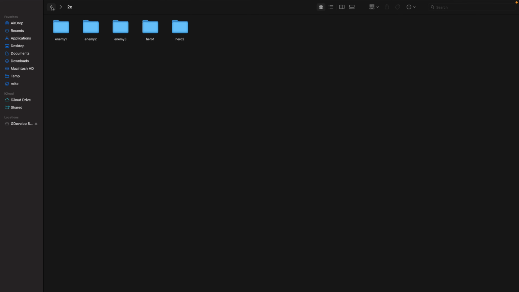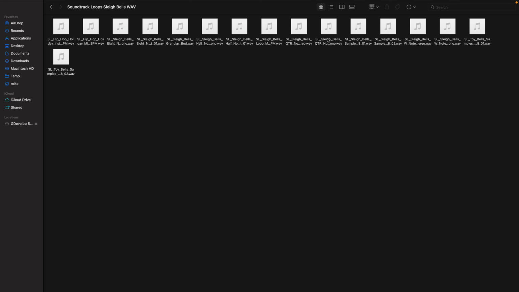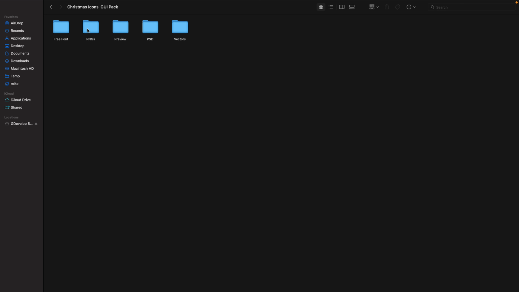Let's head on back over, take a look at one of the other sets. We've got the soundtrack stuff. It's basically just a selection of songs in WAV format. WAV can easily be converted into whatever format you need it to be. The GUI stuff, again, you're getting it. So we got some fonts here, PNG, PSD, or Photoshop document. And then we've actually got vector versions as well. So if you need icons or such with a Christmas theme,